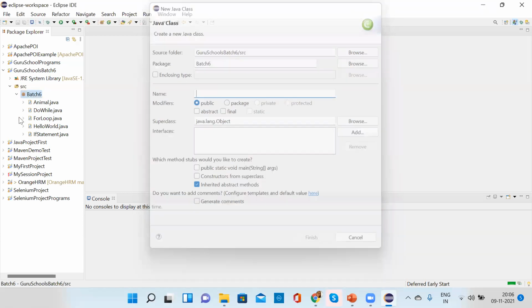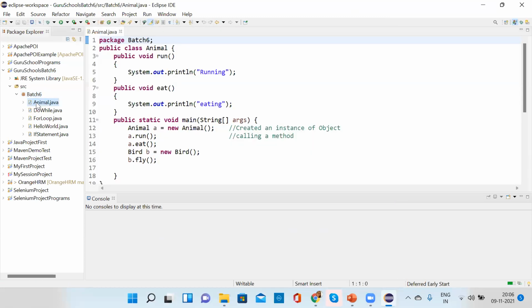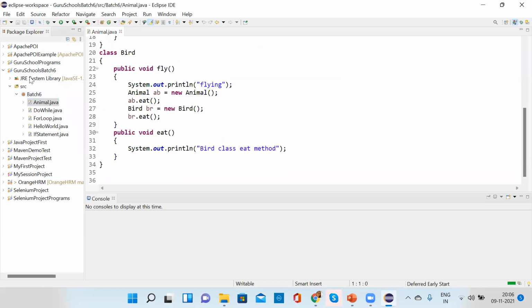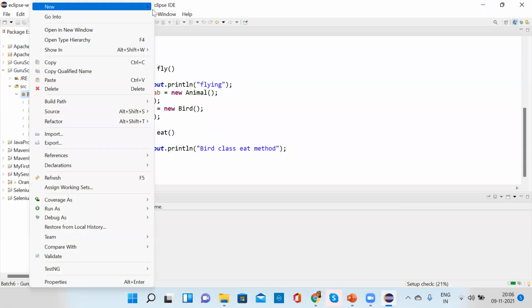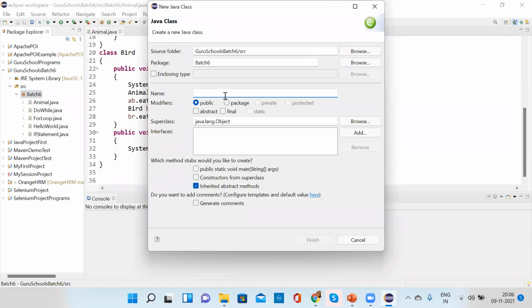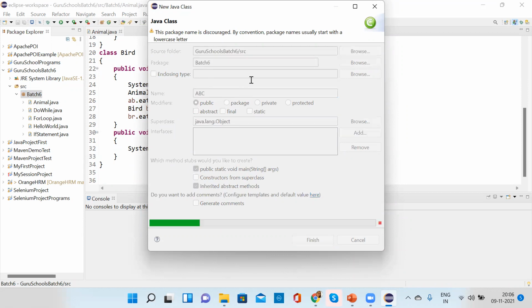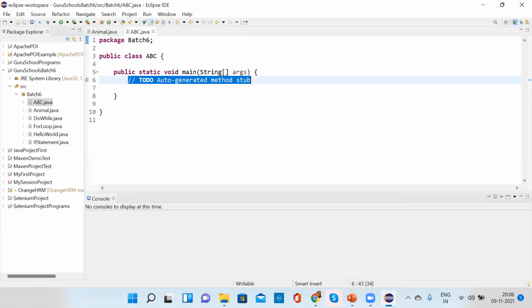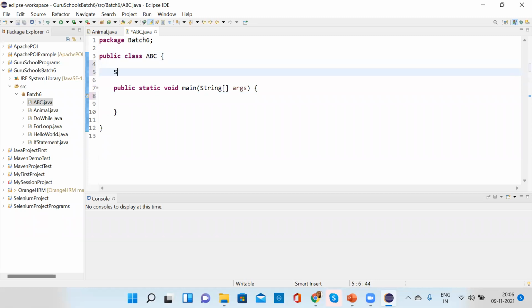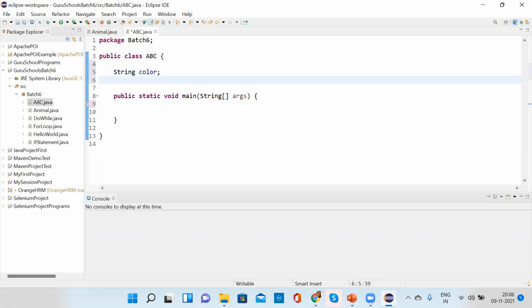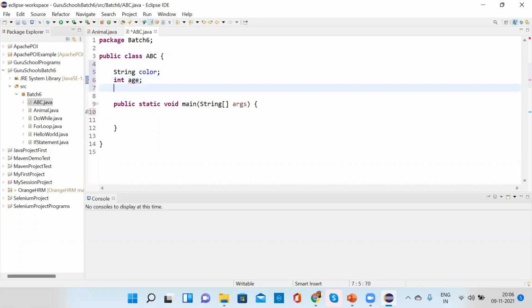This is already a class named Animal, so I will create one more class named ABC. Adding the main method. Now what I'm doing here is I want to declare an instance variable color, which is of type string, and an age, which is of type integer.